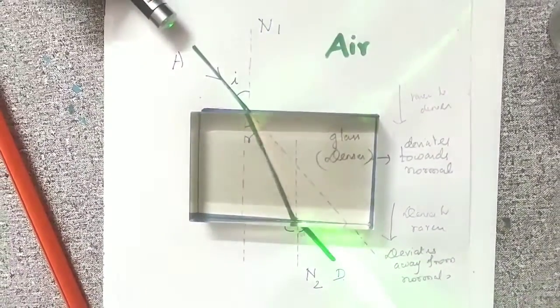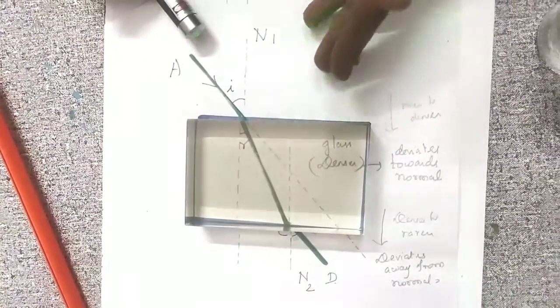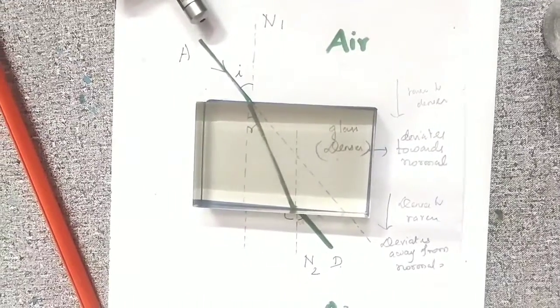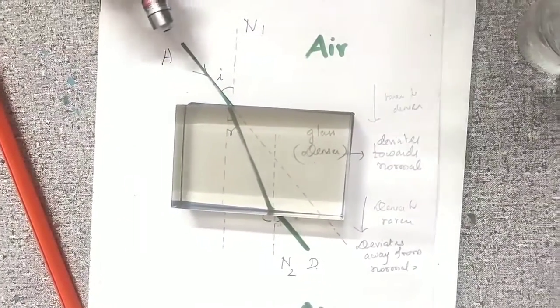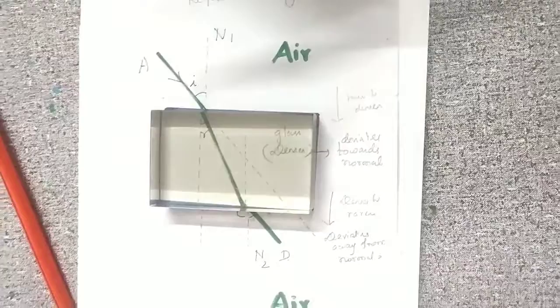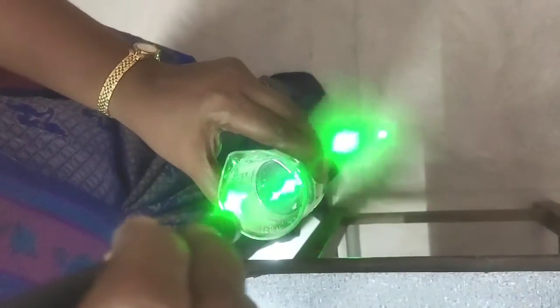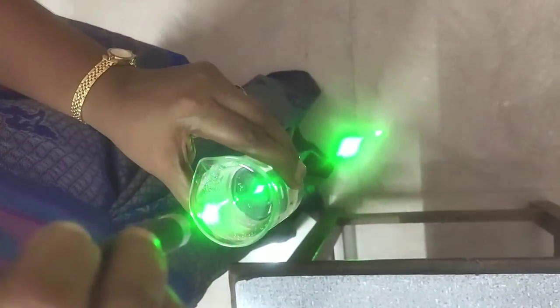It is incident at a particular angle, not only in a glass medium, even on a water surface. If you pass the light through a water surface, it will pass in a straight line. Listen here, I am passing the light through the water surface. See here, it is going in a straight line, perpendicular to the refracting surface. See the image on the floor. It is also a straight line.